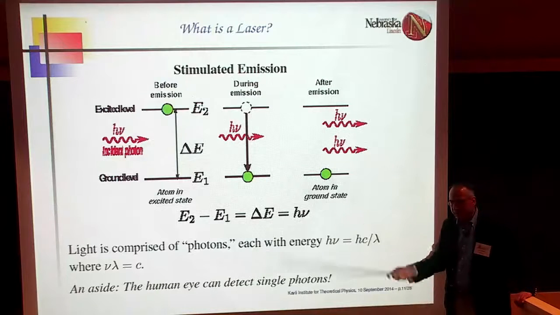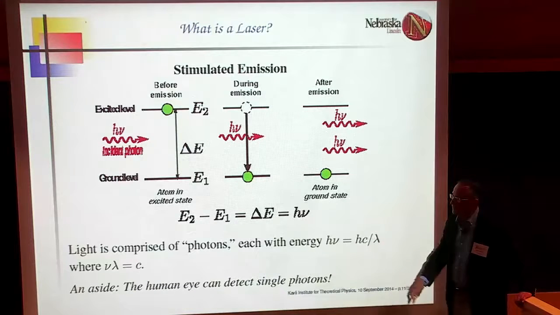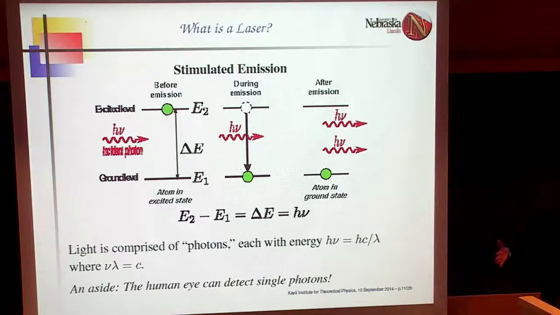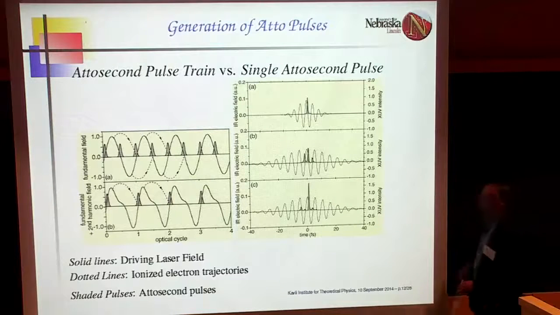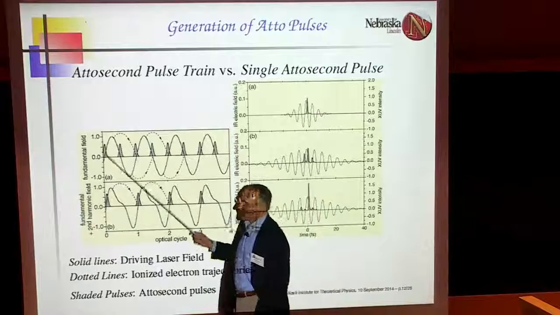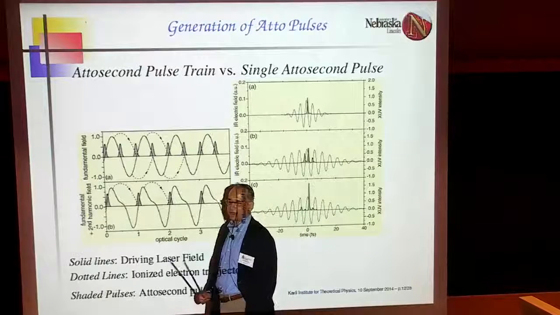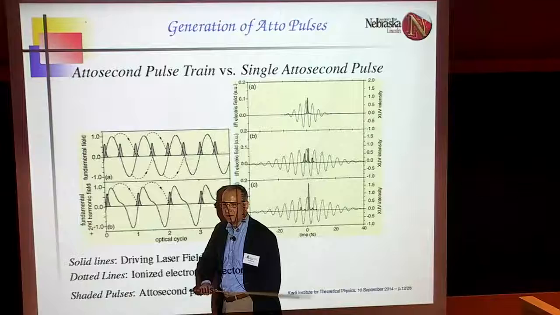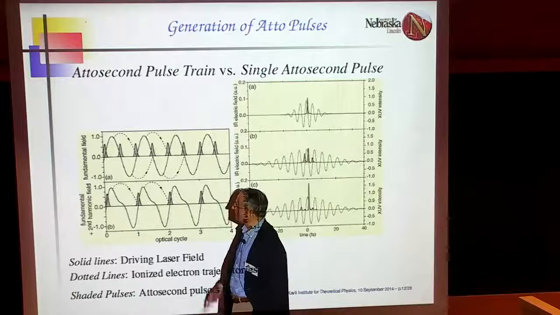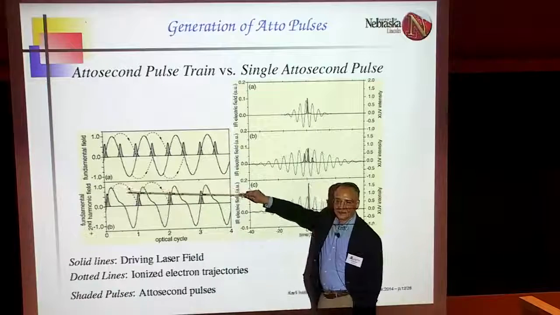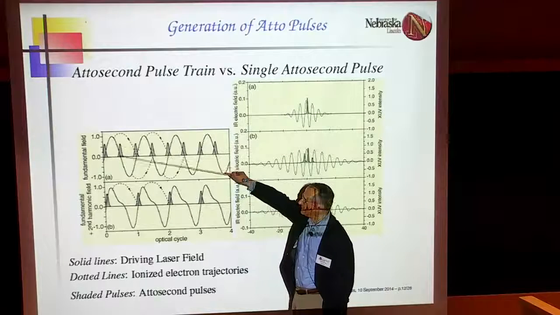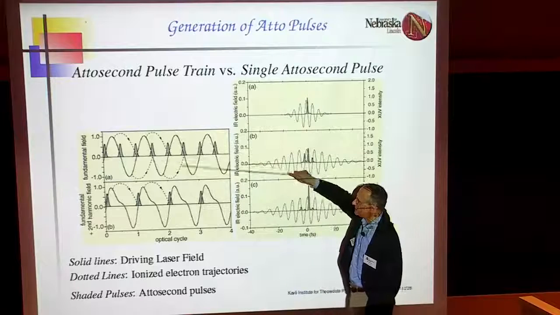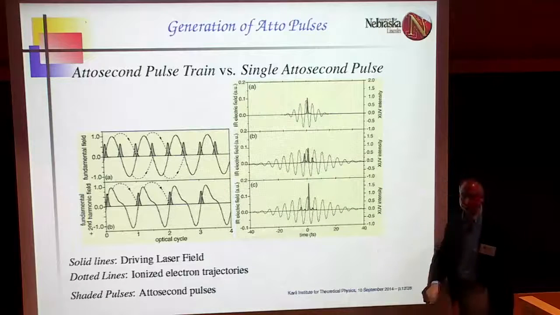But in normal life, there are so many photons that we think of light as just a waving electric field, which is the way I will describe it. Okay, so I've described how an atom emits light. If you have many, many atoms, you can get a very intense, coherent source. And because there are so many emitted photons, we can regard the laser as producing an electric field that just oscillates up and down like this solid line here.